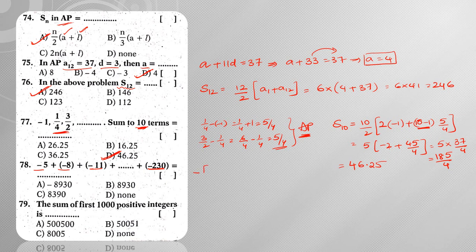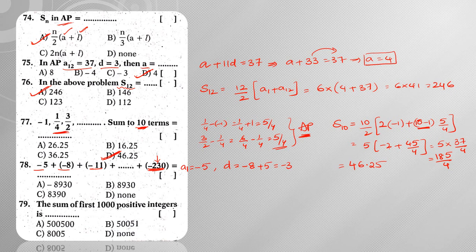That means I can take that minus as common and directly add them up. For that, first of all, we need to see how many terms are there. So for that, what am I going to do? First term A1 is minus 5, and the common difference is nothing but minus 8 minus of minus 5, which is plus 5, which is equal to minus 3. So based on this, I need to find out the term number of the last term. That means how many terms are there.